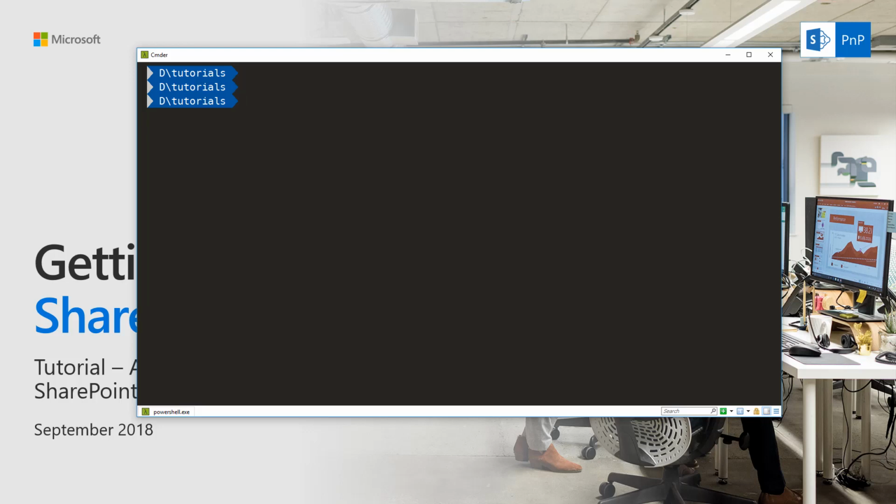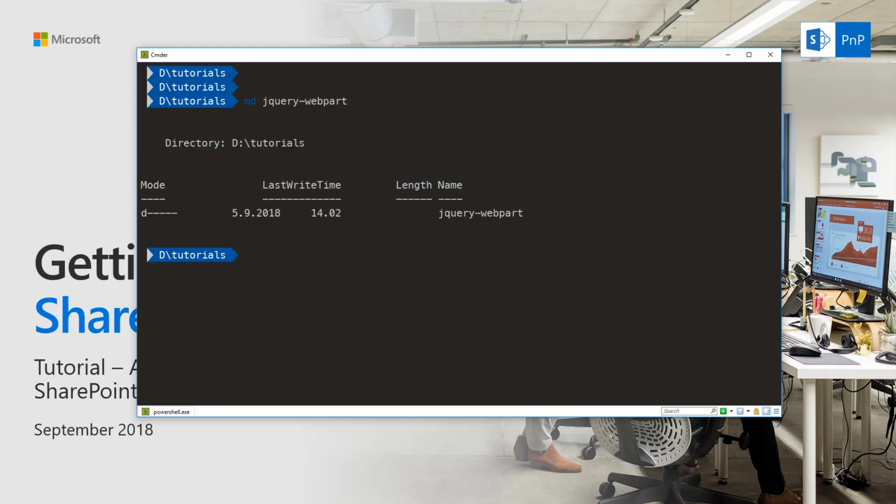So first of all, this tutorial is meant to be created as an independent tutorial. So please do not run the Yeoman generator on top of an existing Hello World WebPart solution which you might have already walked through. Make sure that you're in a similar location as I am. My D tutorials is the location where all of the tutorial solutions are located. In here, I'm going to create a jQuery WebPart folder, and then I'm going to jump into the jQuery WebPart folder, and in here I'm going to run the